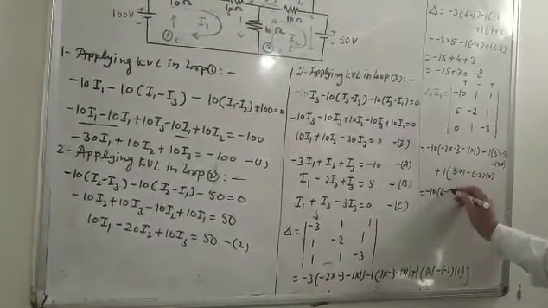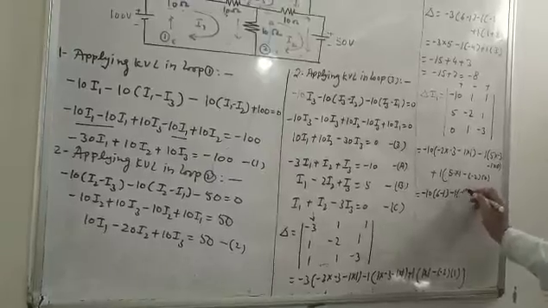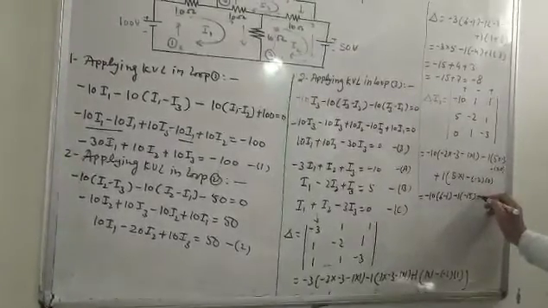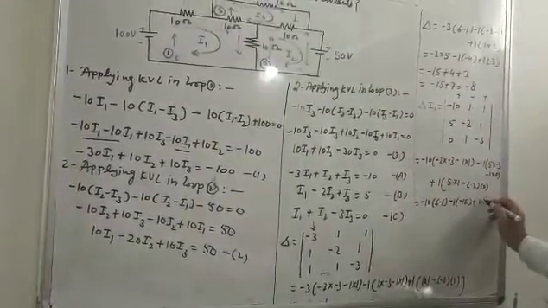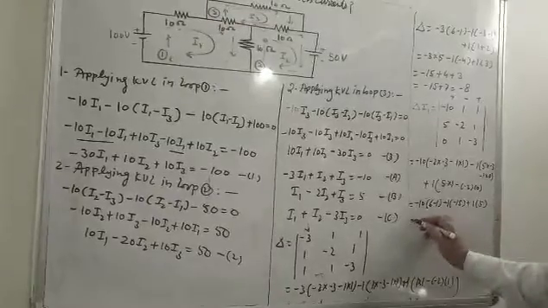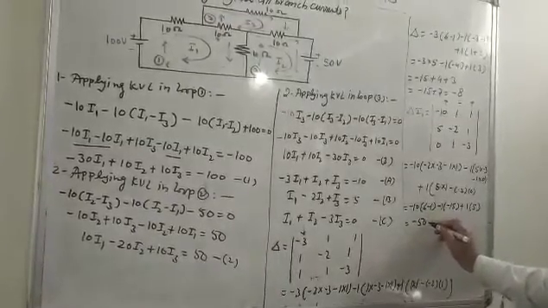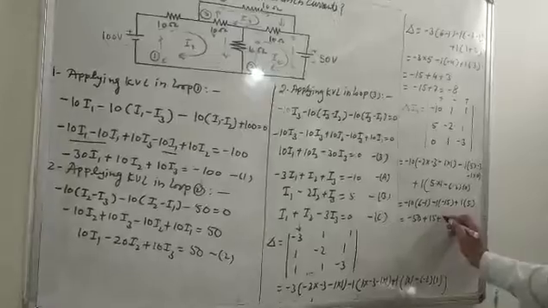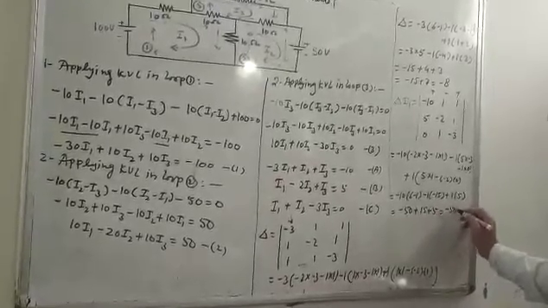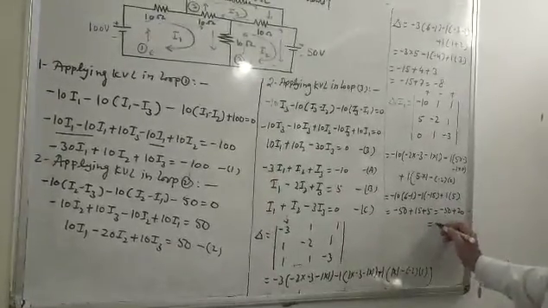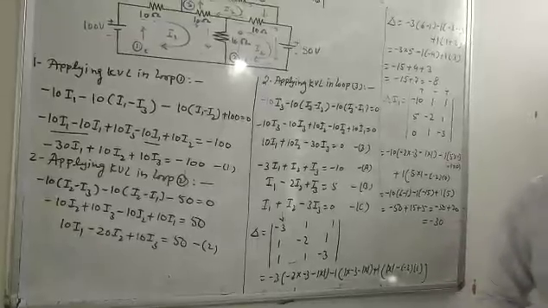This is equal to -10 6 -1 -1 -15 plus 1 into 5, -50 plus 15 plus 5, -50 plus 20 is equal to -10. Now